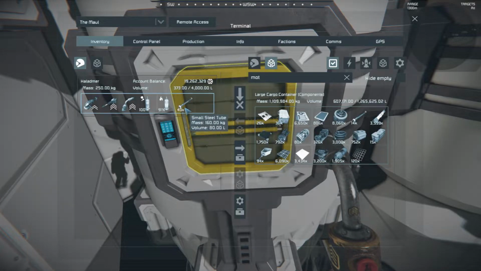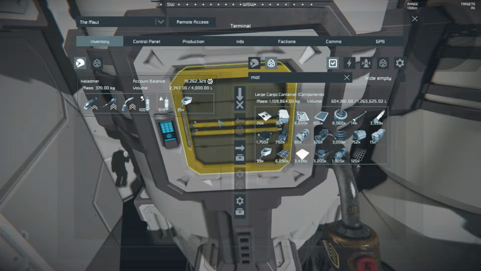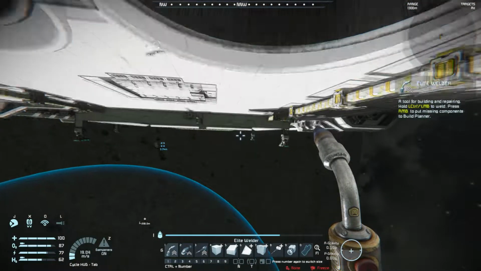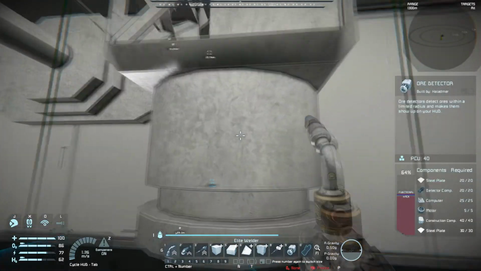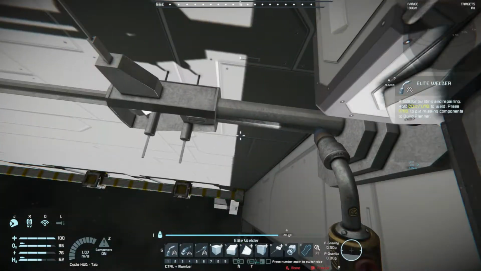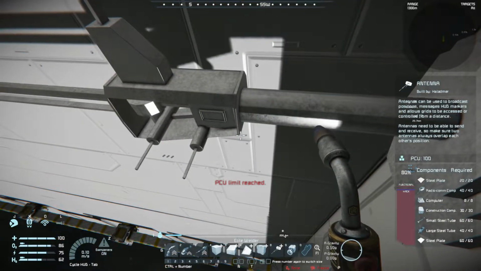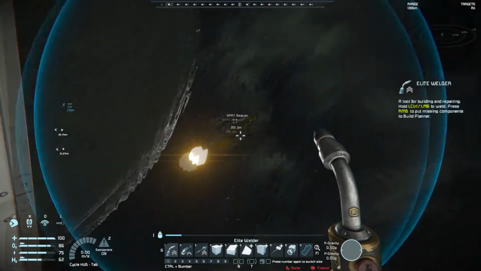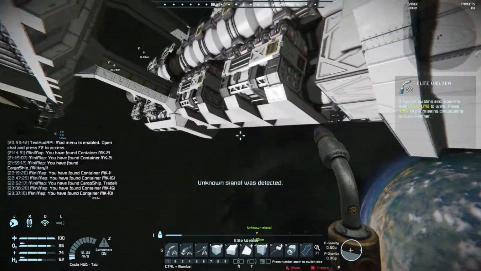Alright, so let's go ahead and drop all that off. I need... Can I carry 35? I can. Okay. Let's see if this will let me complete any of you guys. Okay, so everything is there. I just need to free up some more PCU, which is actually easy to do. We still have a bit of a base down there, and I need to break all that down, so...